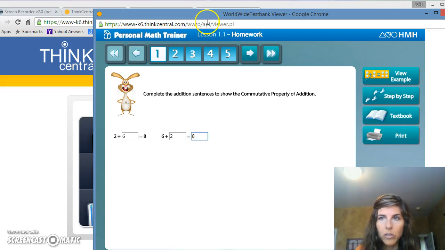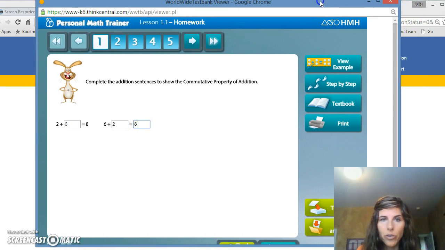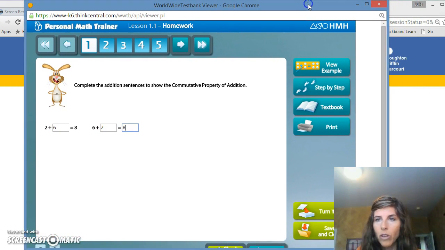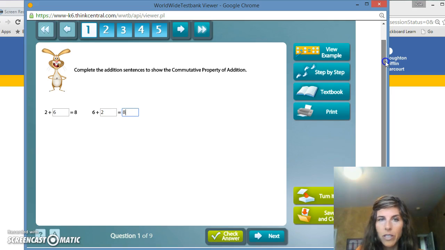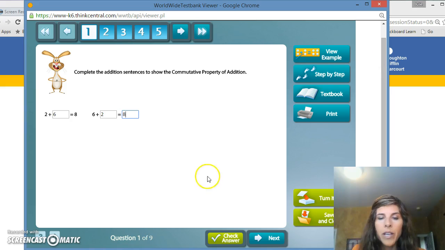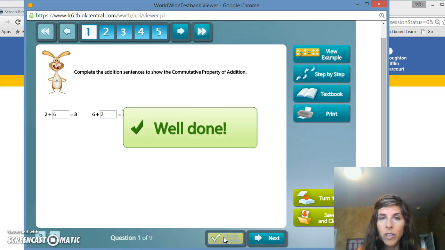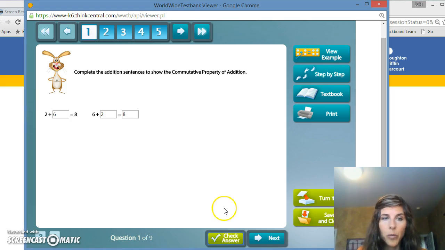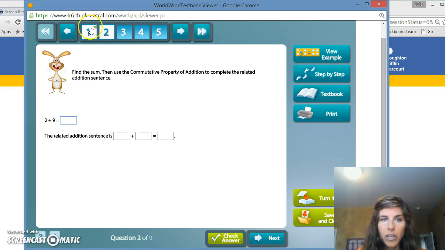Let me make it a little smaller here so I can show you. And if you need to see, you can scroll here right on the side. You go ahead and check your answer down here, which is a very nice thing that they offer you. It shows you if you're right or not, and I really like it. If you check your answer, it's going to mark it off here at the top. If you get it wrong, it's going to have a red X, and I'll go ahead and do this one